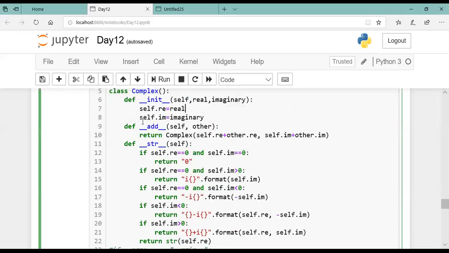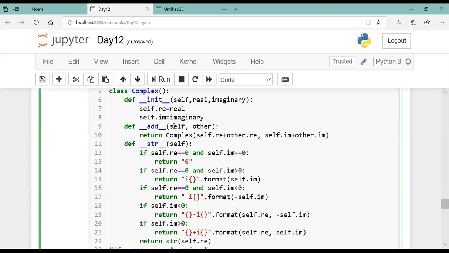So add function here, when you are writing operator overloading, it has to be a dunder function. Point number one, operator overloading, that operator should be written with a dunder function. Dunder means double underscore. What? Add. Okay. So self means what? Object ka data. And other means what? Other object ka data.